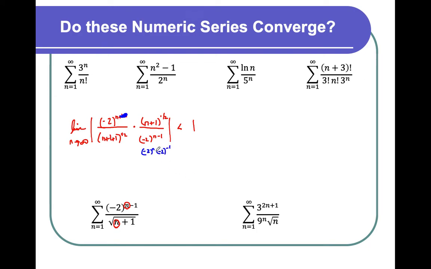Isn't that -2 to the n minus 1? And this is n plus 2 to the power of 1/2, and this is n plus 1 to the power of 1/2. So who's going to go away here? -2 to the n goes away with -2 to the n, right? Which takes care of that. So I am left with taking the limit